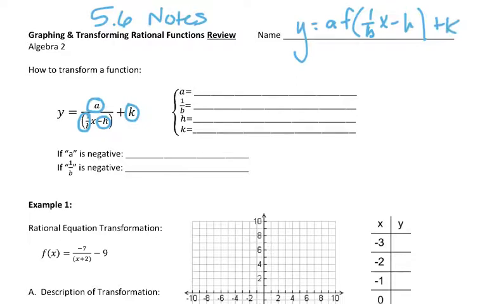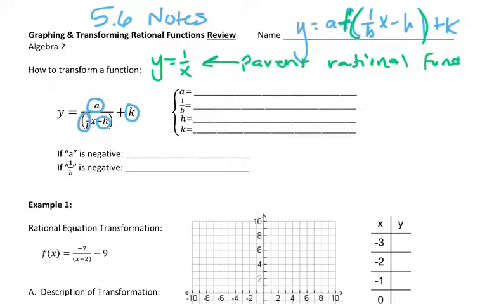And so we're going to use this, but now our function, so notice this f here, is actually going to be 1 over x, because that is the parent function of a rational function. So from this parent function, if I've decided to put an a value in, up here for instance,